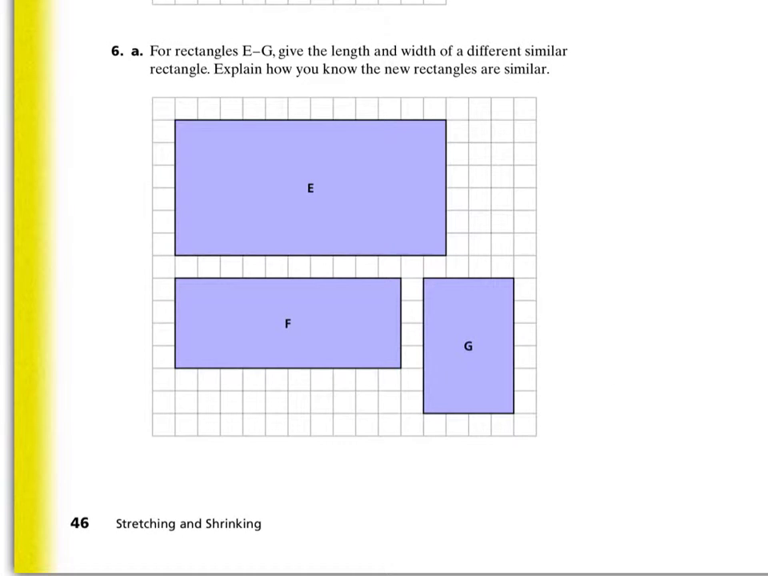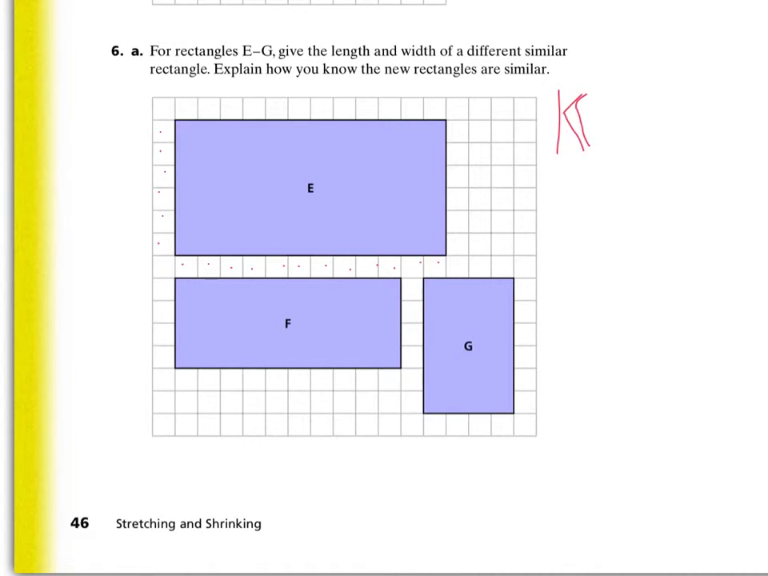Okay, number 6. For rectangles E through G, give the length and width of a different similar rectangle. Explain how you know the new rectangles are similar. Okay, so for E, we have the length of 1, 2, 3, 4, 5, 6, 7, 8, 9, 10, 11, 12. So we've got 12 units length and a width of 1, 2, 3, 4, 5, 6, and a width of 6. So that means that if we say that K